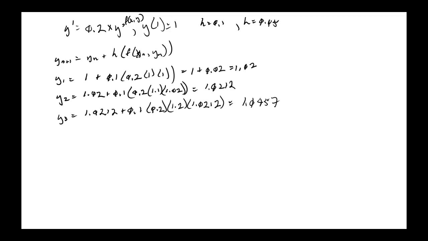Okay. The first was 1.02. The next one, they got 1.0424. You didn't get that. They didn't get 1.0212. You see, they're going down the column there. Next to that is the actual value, because we can do this one. We know how to do this one. Okay. So, I'm sorry, I was not following the book, so let me